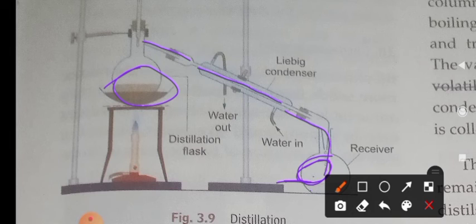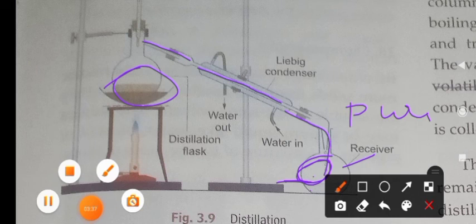So by this process we are obtaining pure water. What is collected here, no? That is pure water. Okay, pure water. Do you understand, children, this method? By this method we can easily separate a solid-liquid homogeneous mixture. Okay, children, is it understood? So this is how distilled water is prepared in the laboratories. Do you understand this method, children? Hope you have understood.